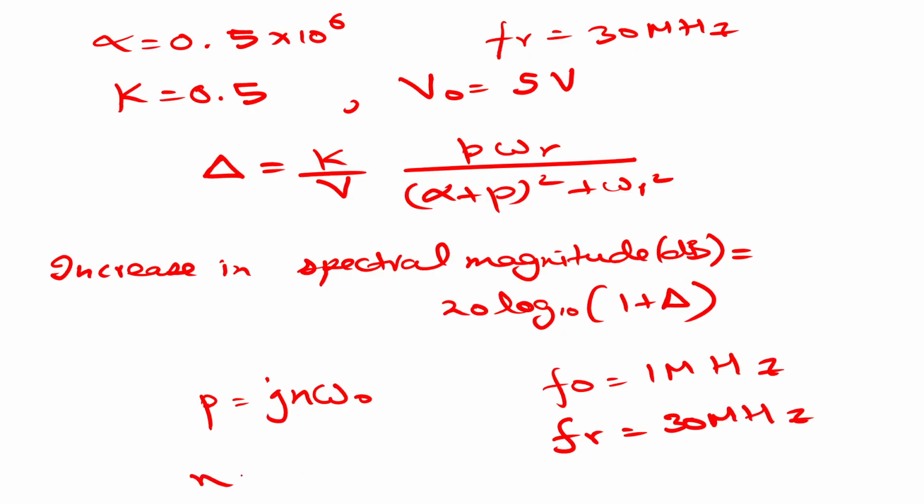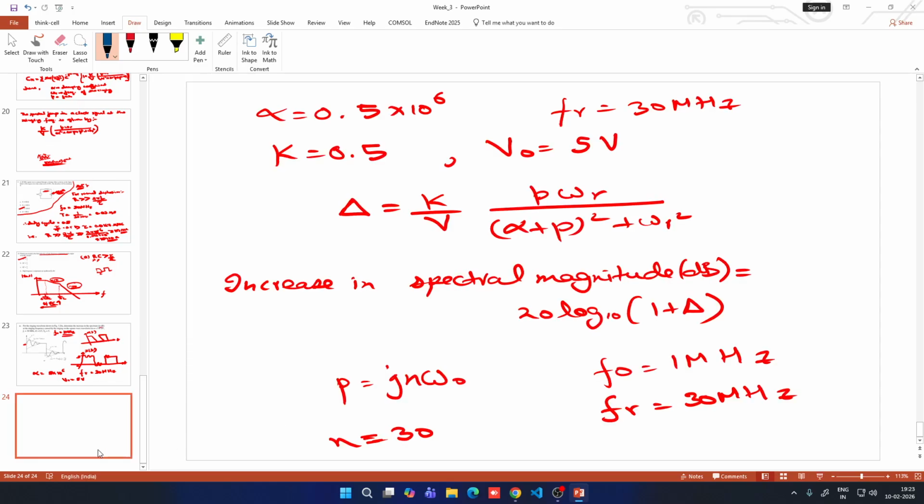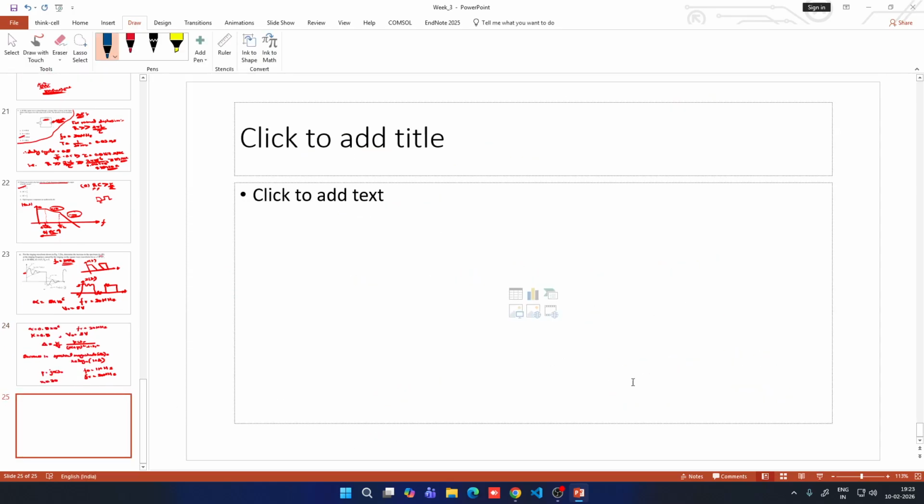Since Fr is 30 and F naught is 1, if we take this ratio, N is 30. So P will be j 30 into 2 pi into 10 to the power 6, because omega naught is 2 pi f, and when we solve this we will get